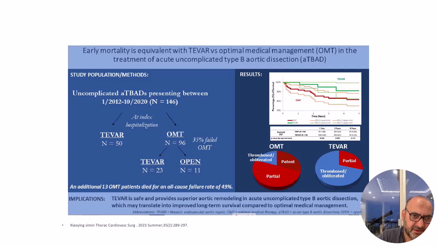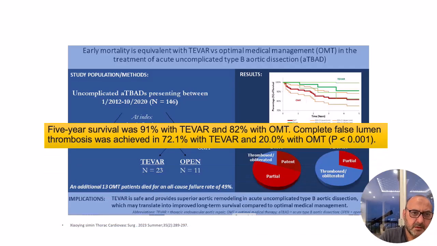With optimal medical therapy, partial thrombosis is half, and full thrombosis is very minimal. Five-year survival was 91% with TEVAR and 82% with optimal medical therapy. Complete false lumen thrombosis was achieved in 72% with TEVAR and only in 20% with